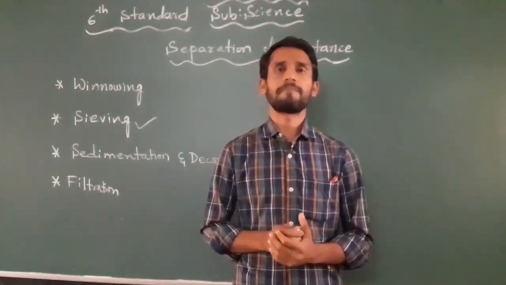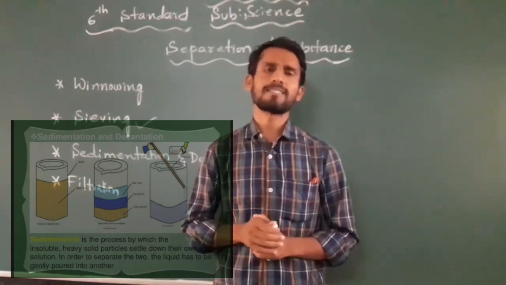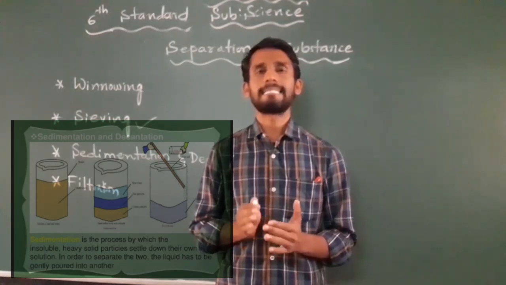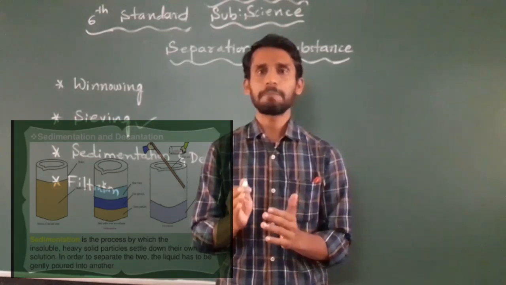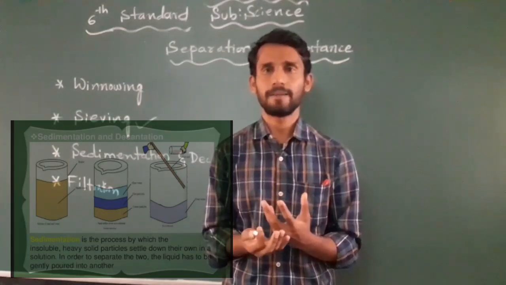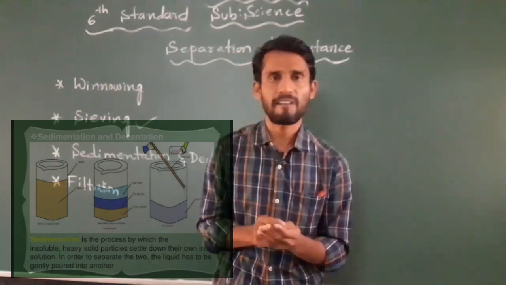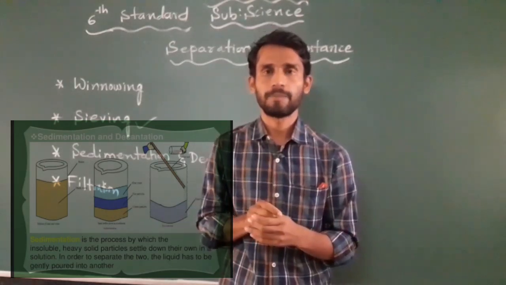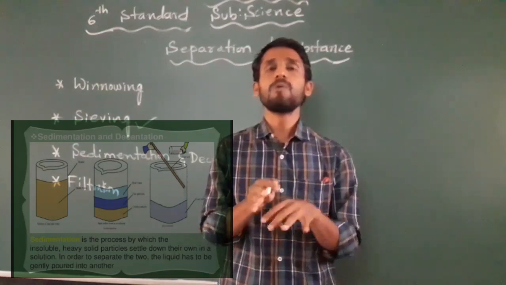Dear students, the next point I am taking here is sedimentation and decantation. This process we use in our homes also. Have you seen pulses and rice being washed at home? When pulses and rice are kept in a bowl of water, they settle down because they are heavy. However, insects, tiny particles and some unwanted materials float on top of the water. The water which contains all these particles is then removed.